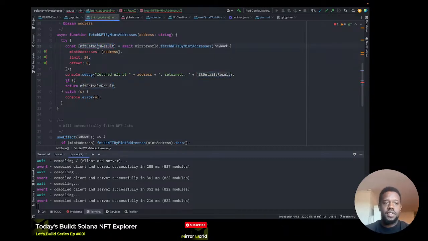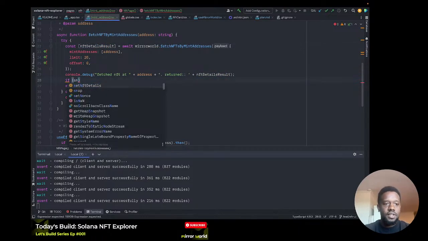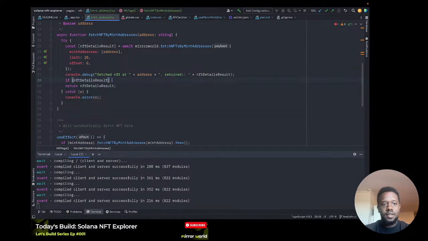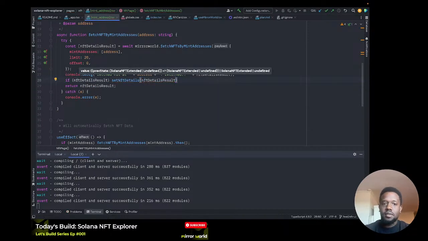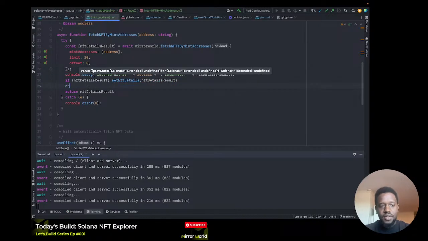So if we have a result, then we will perform the set NFT details with the NFT details result, right? Otherwise,